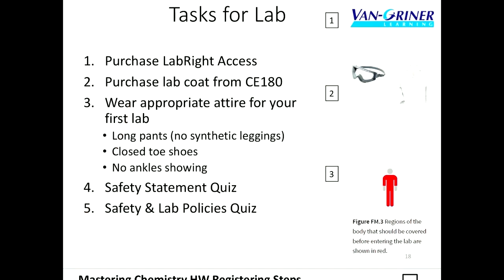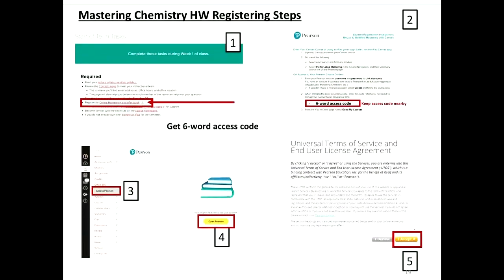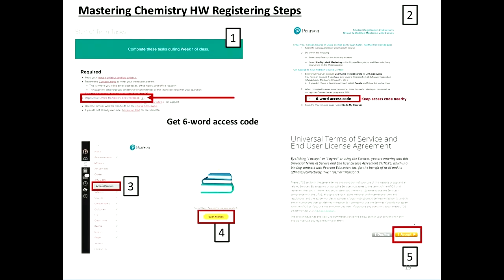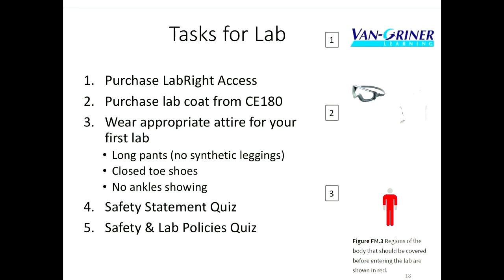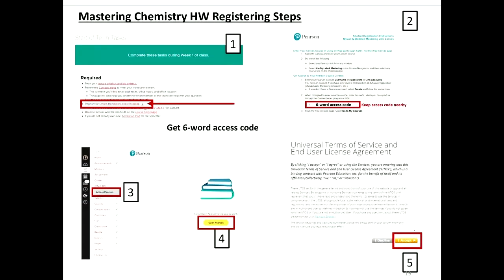All right, so we're done. I will show you step-by-steps to get access to Mastering Chemistry. Oh, I should actually point out, for LabRite, you do have to take out your credit card. You do have to actually pay for it. But Mastering Chemistry, do you have to pay for online homework? No, you already paid for it. So yes, LabRite you do have to purchase, but Mastering Chemistry you do not,